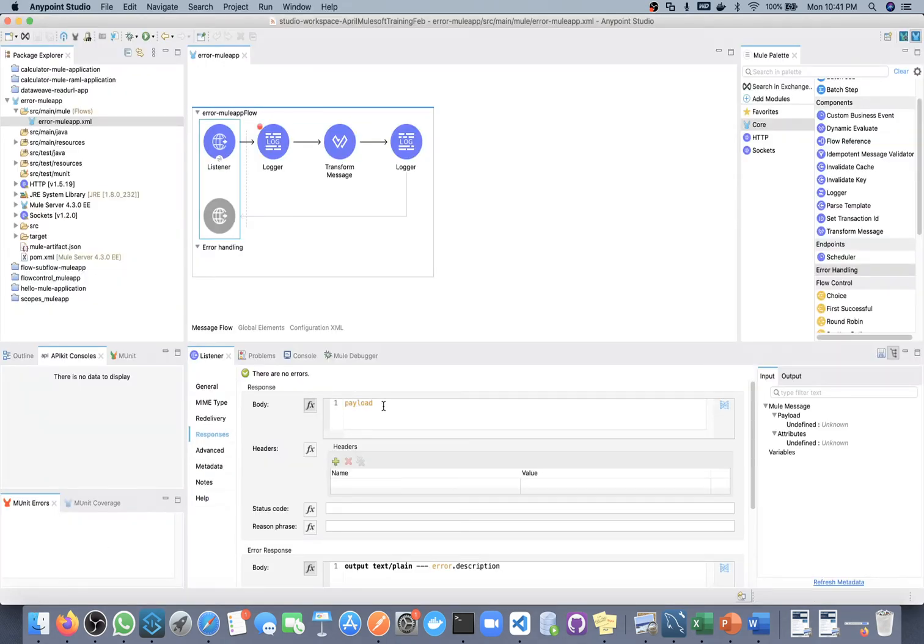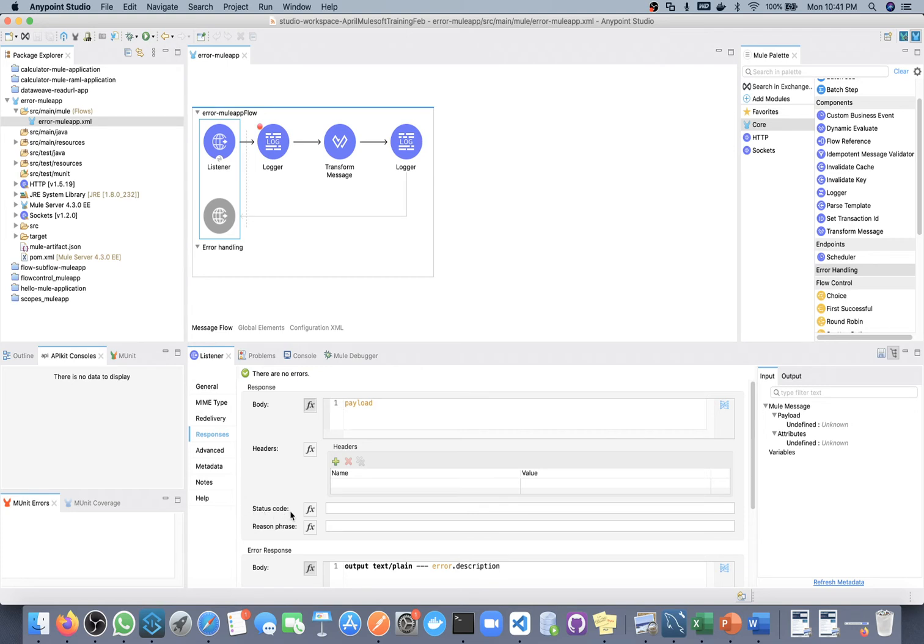If you want to change this, if you don't want to send the final payload as the response, you can put whatever you want here. If you always want to pass some fixed value, you can pass it. If you want to send some variable value, you can define that here too. Whatever you define here, that response you will receive when you call this API. That's why I keep saying that whatever your final payload is in the flow, you will get in the response, since we have defined body as payload. If you want, you can change this.